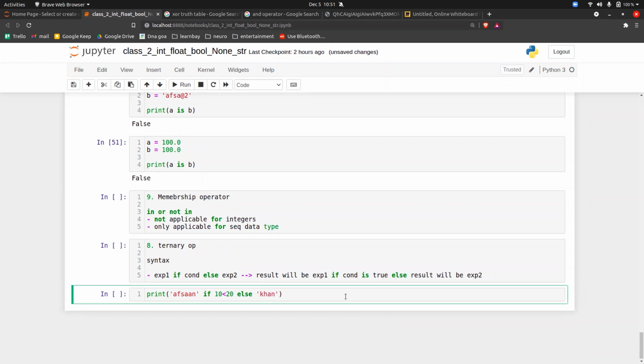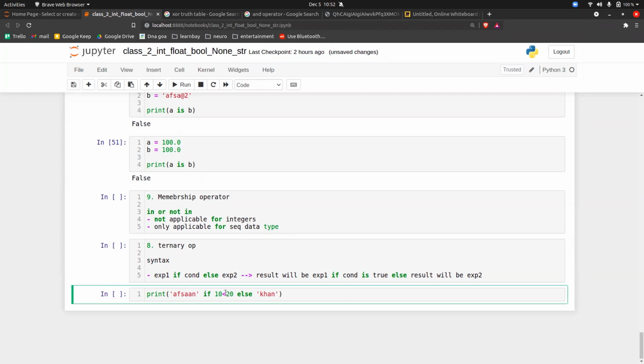With whatever you have understood, what do you think the answer will be? The answer will be Afsan. Why? Because first the condition will be checked. If 10 is less than 20, the condition is true, right? So if the condition is true, then the result will be expression 1. So expression 1 is what? Afsan. So Afsan will be the output.